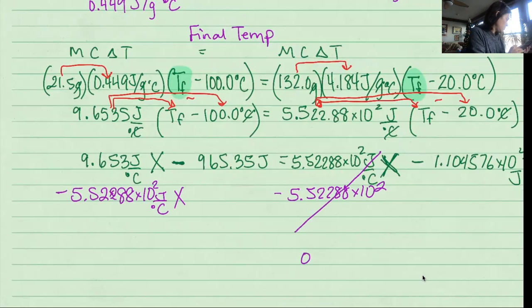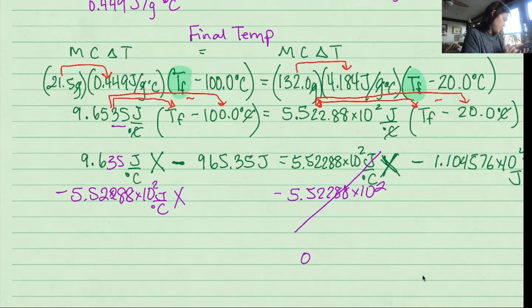This is going to give me 9.6535. Oops, I wrote that down backwards, right? Right here it says 3.5, 9.6535